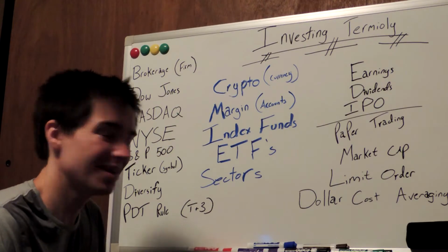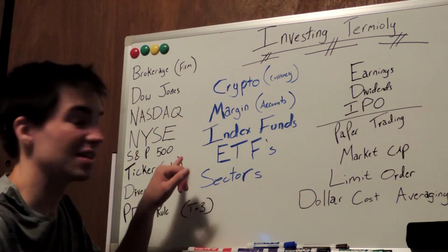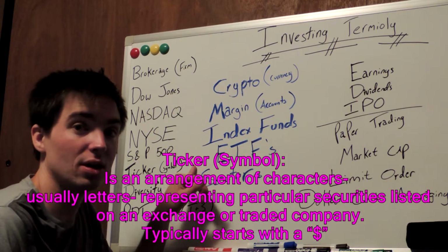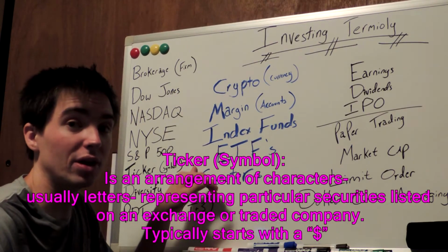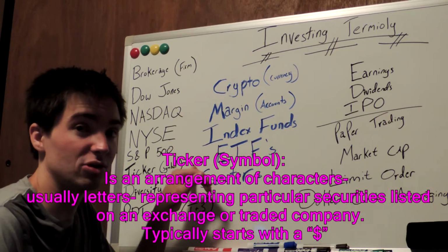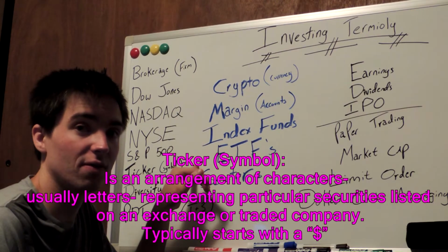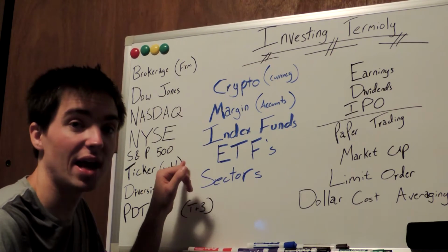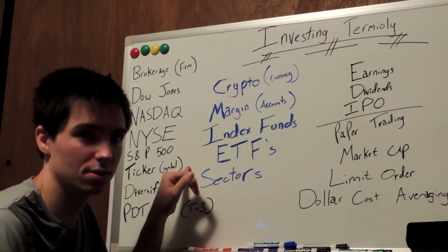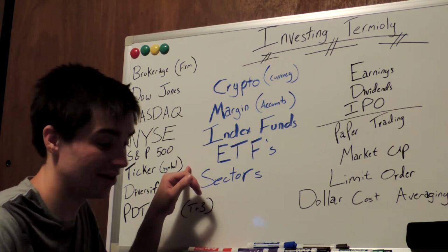So that being said, we're going to keep going on to this. The ticker symbol is what you use when you go to look something up. If I say Ford Motor Company, you're going to be looking at $F in that example, and that's how you search for everything. Or Apple, $AAPL.